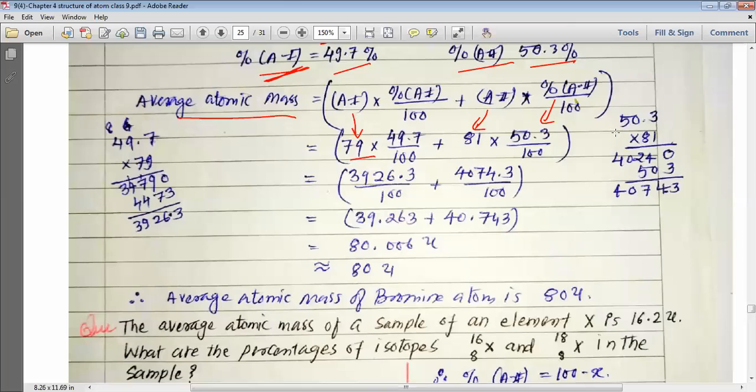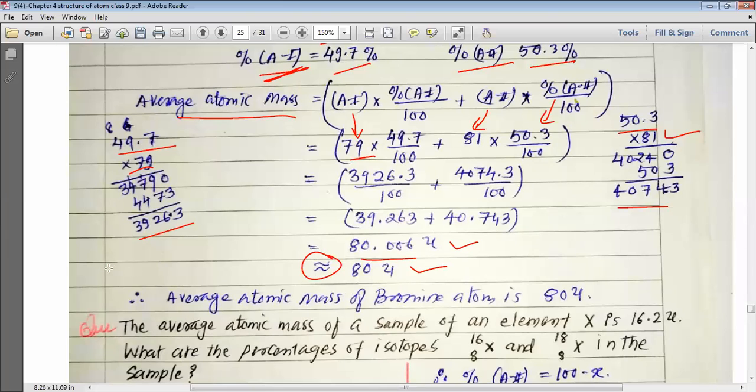For the calculation, we multiply 50.3 with 81, and we get the answer 4074.3. When we calculate 49.7 multiplied by 79, we get the answer 3926.3, and both of these are divided by 100. As we have the same denominator, if we divide these two numbers by 100, the decimal moves two places to the left. So we get 39.263 plus 40.743, and by adding both these numbers, we get 80.006, which is approximately equal to